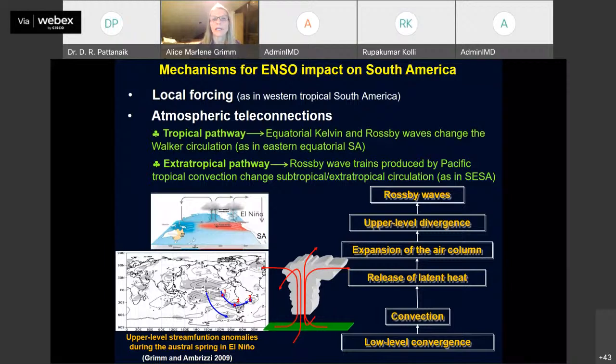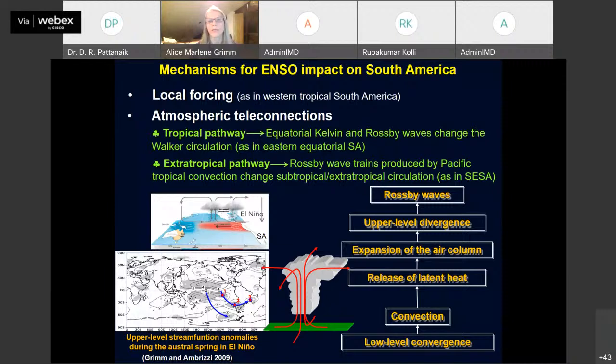The mechanisms for ENSO impact on South America are local forcing, as in Western tropical South America, and atmospheric teleconnections, which actually are the main mechanism of the influence of ENSO on South America. These teleconnections can follow a tropical pathway through equatorial Kelvin and Rossby waves, which change the Walker circulation as in eastern equatorial South America, and an extratropical pathway